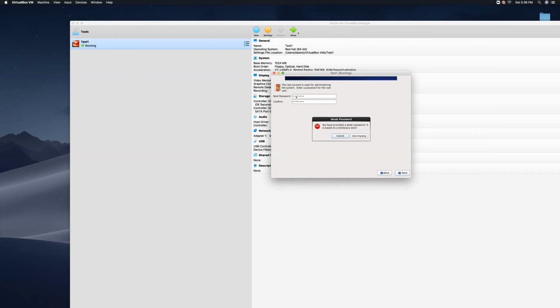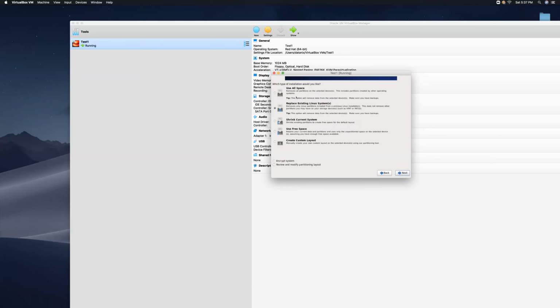So it's saying you're using a password that can be easily guessed, and your system can be easily hacked into. But I can say, okay, I really don't care about this machine, so use it anyway. But if this is a production environment, a real work environment, of course, you want to make it a habit to use a good password. Use anyway. Okay, so now,